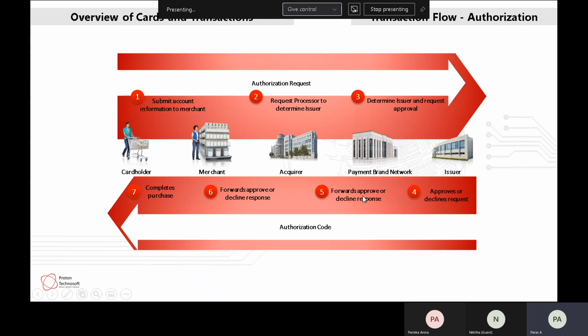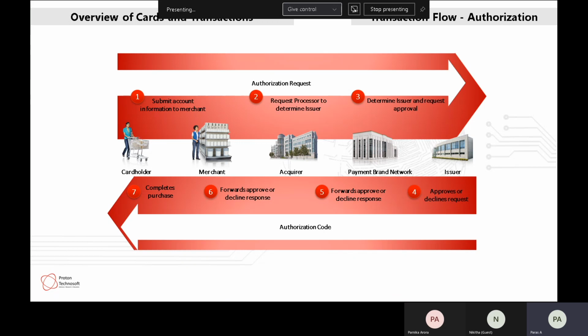So Visa, in this case, will send that response back to the HDFC, which is an acquirer, and will say, okay, you have got this response from the issuer, forward this response to the merchant. Once that response reaches the merchant, that's where the receipt comes out of the printing terminal or the PED terminal, or a pin entry device.